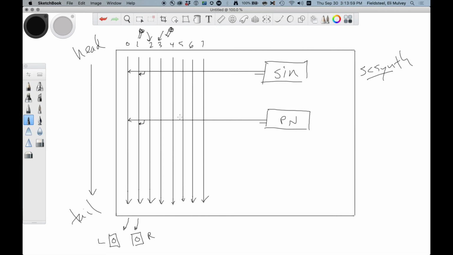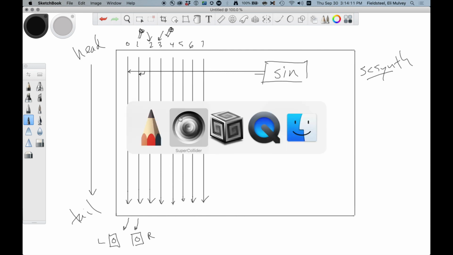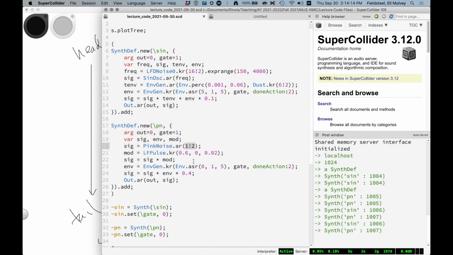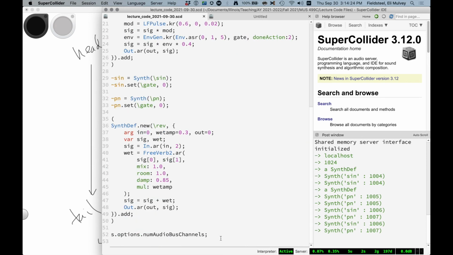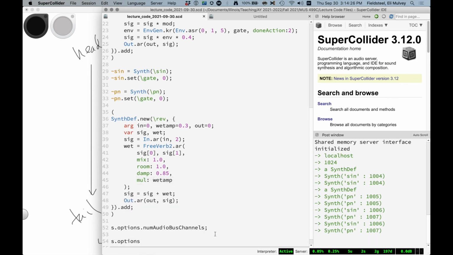And this is something that not just SuperCollider does, but pretty much every digital audio software does. Audio samples are computed in blocks. So a block of samples, a block of samples, a block of samples. And you can configure this. It's usually a power of 2, somewhere between, I don't know, maybe 8 at the smallest, and like 1,024, maybe even larger. And in SuperCollider, you can see the block size with s.options.blockSize,